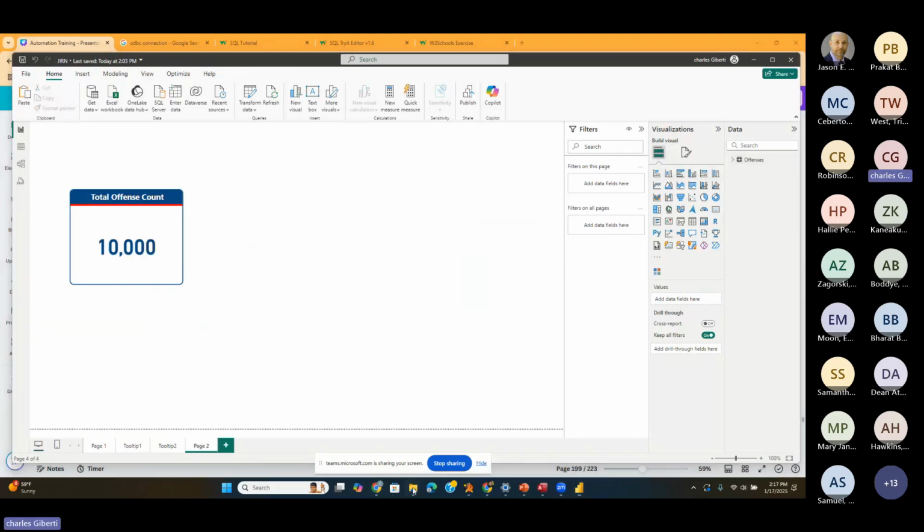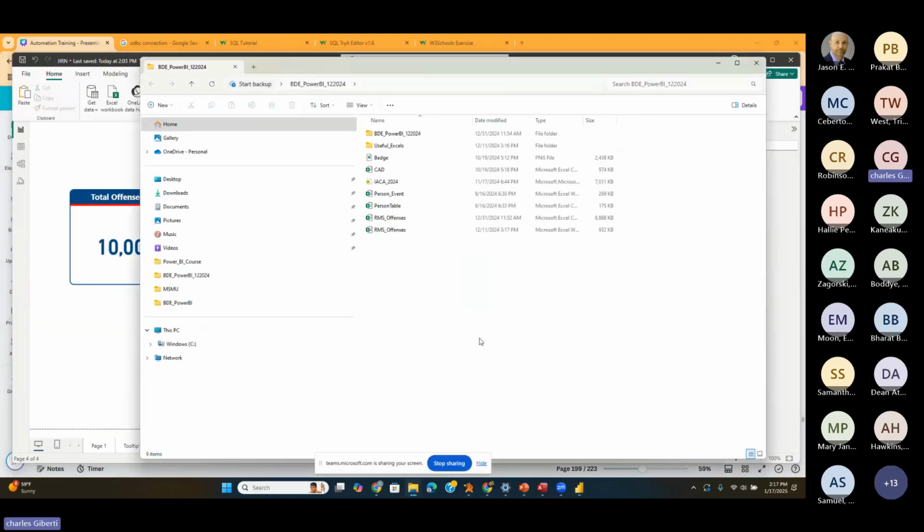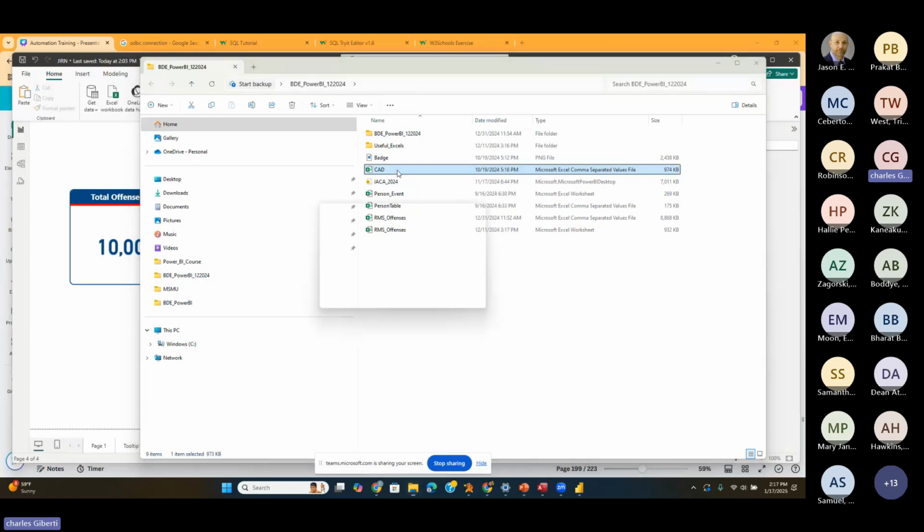And so if you look at the file that you downloaded at the beginning of the class, you should have a CSV file in there called CAD. And that's going to contain all of our CAD calls for service data that we're going to use. And so if you actually open this up and take a look,